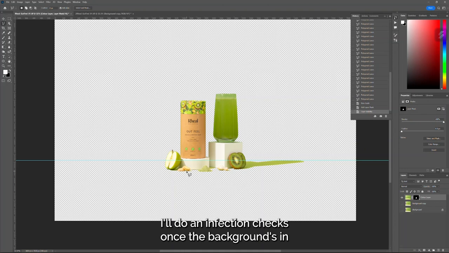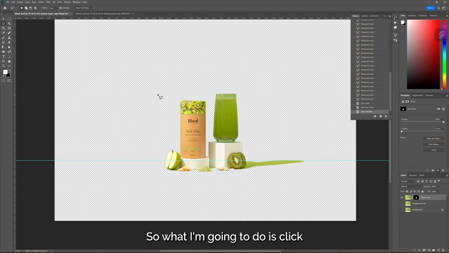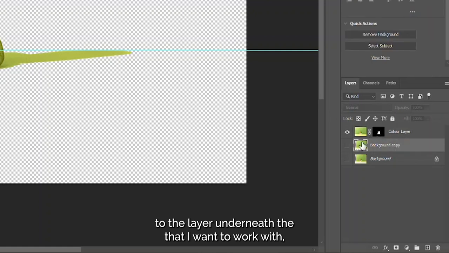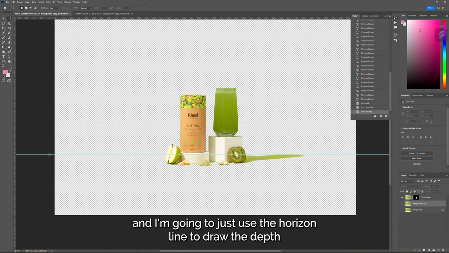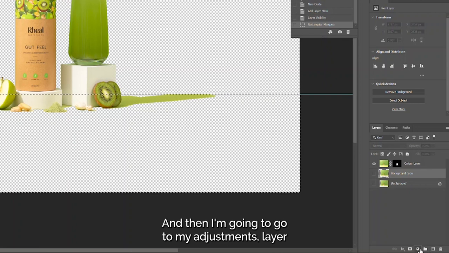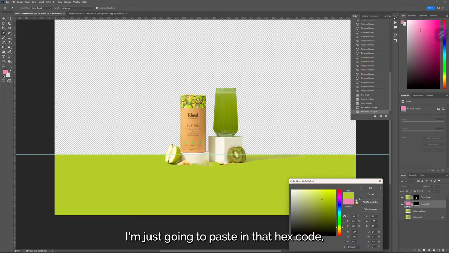I'll do any perfection checks once the background's in, because I'll be able to see any color contrast in the edges. So what I'm going to do is click to the layer underneath the layer that I want to work with, and I'm going to use that horizon line to draw the deck with the marquee tool, and then I'm going to go to my adjustments layer, the half black half white circle, and insert a solid color. I'm just going to paste in that hex code